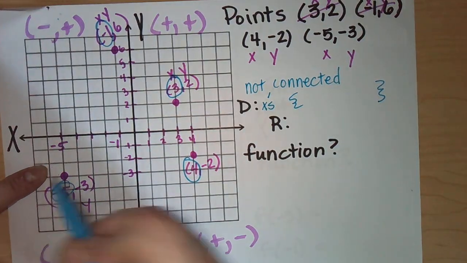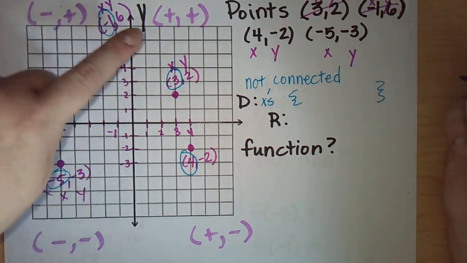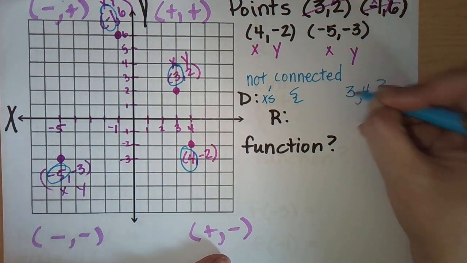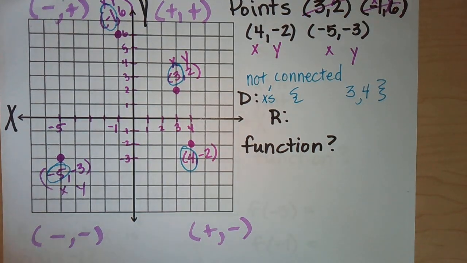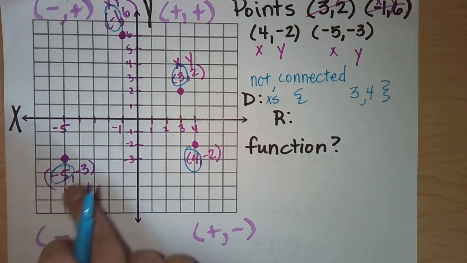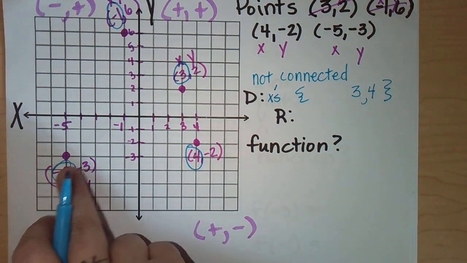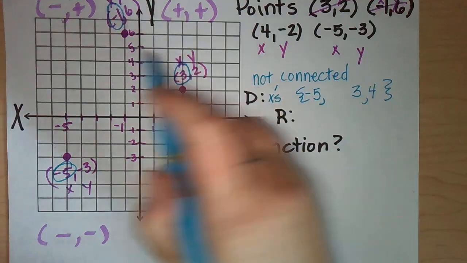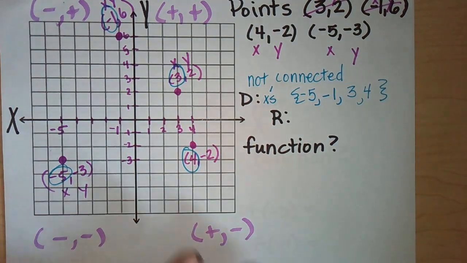And negative 5. But we have to write the smallest to the biggest. Well, I know the biggest x value is this 4. And right underneath it is this 3. And then we keep going. So your smallest x value is your most negative x value. So that means the biggest negative. So negative 5 is actually our smallest number. And then negative 1, and then 3, 4. Okay, now let's look at